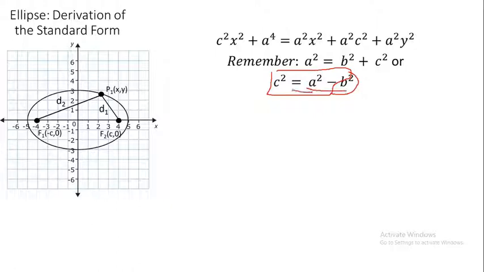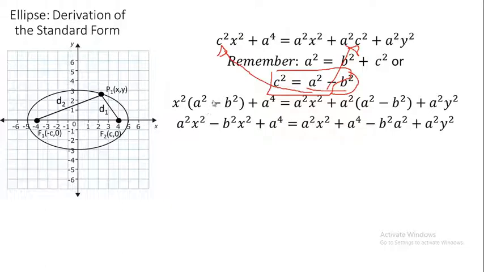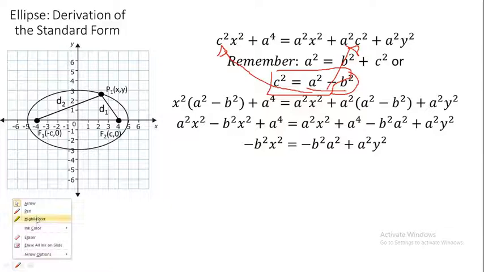We put this value in here and also in here, leaving us with x squared times a squared minus b squared, and here a squared times the quantity a squared minus b squared. We distribute x squared: a squared x squared minus b squared x squared. We distribute a squared: a to the fourth minus b squared a squared. We cancel what we can,